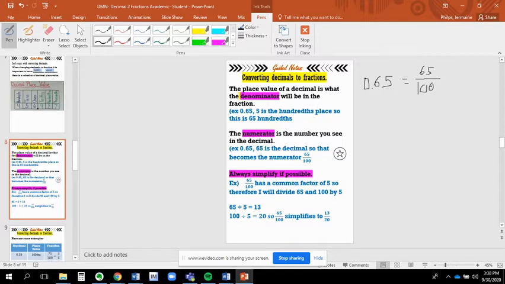And that's how we convert it. That part is super simple. The part you guys have a little problem with now is simplifying. So it's simplifying, we have to find a common factor. Remember, common factors mean that